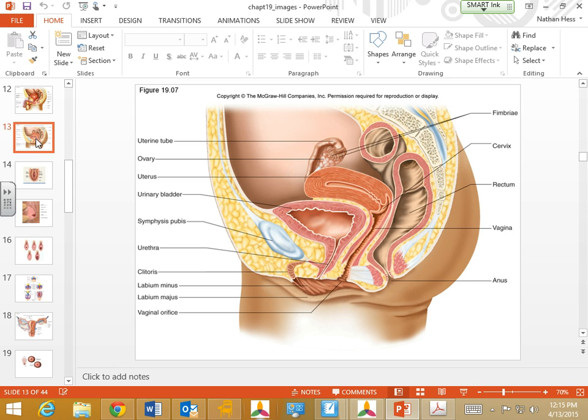Main pieces. We'll talk similarities between the guys and girls first. You see, of course, the rectum, anus, large intestine, right? That's over here on the right side. No different than the guys. You see the bladder. There are no tubes going around it. There is no vas deferens going around the bladder like there is in the male. You simply have the urethra that comes straight out from...